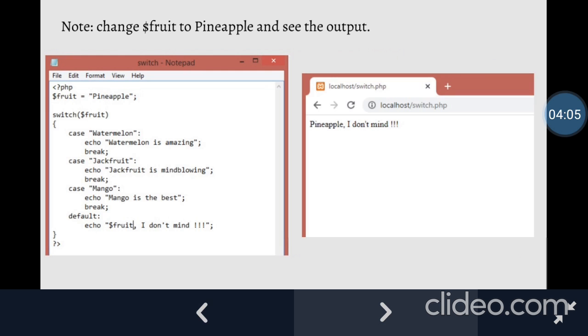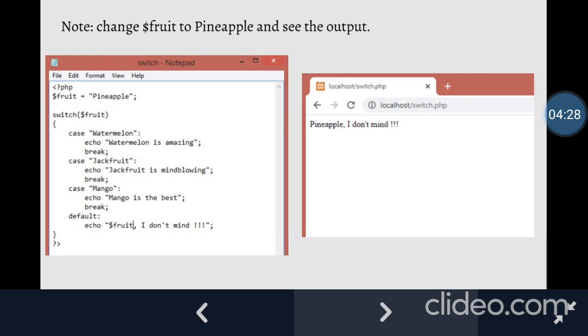Now we are going to see one more variation in the same program. Simply what you have to do here is change $fruit to pineapple and see what output you get. So simply go to your code and wherever you have declared the $fruit variable, change the value from mango to pineapple.